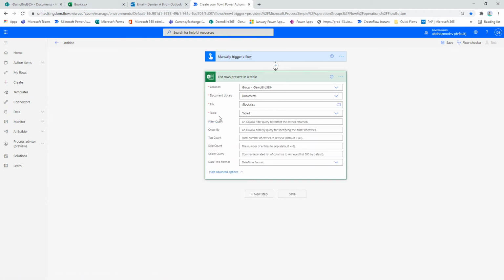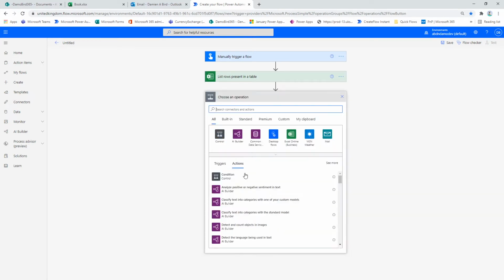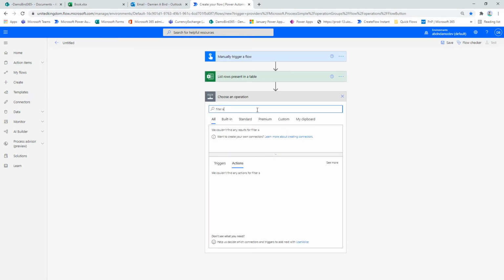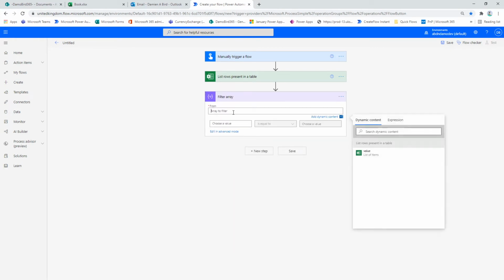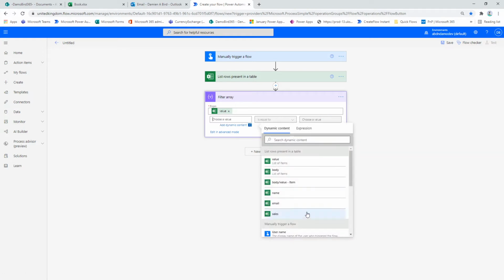So I was going to use a filter query here to filter on the sales value, but I have discovered that you can only filter on strings, and obviously we wanted to filter on numbers. So instead what I'm going to do is use the action filter array. And with that we're going to take the value from the result of this action here, and we're going to filter on the sales. Now in this case the sales is currently coming back as a string, so we actually